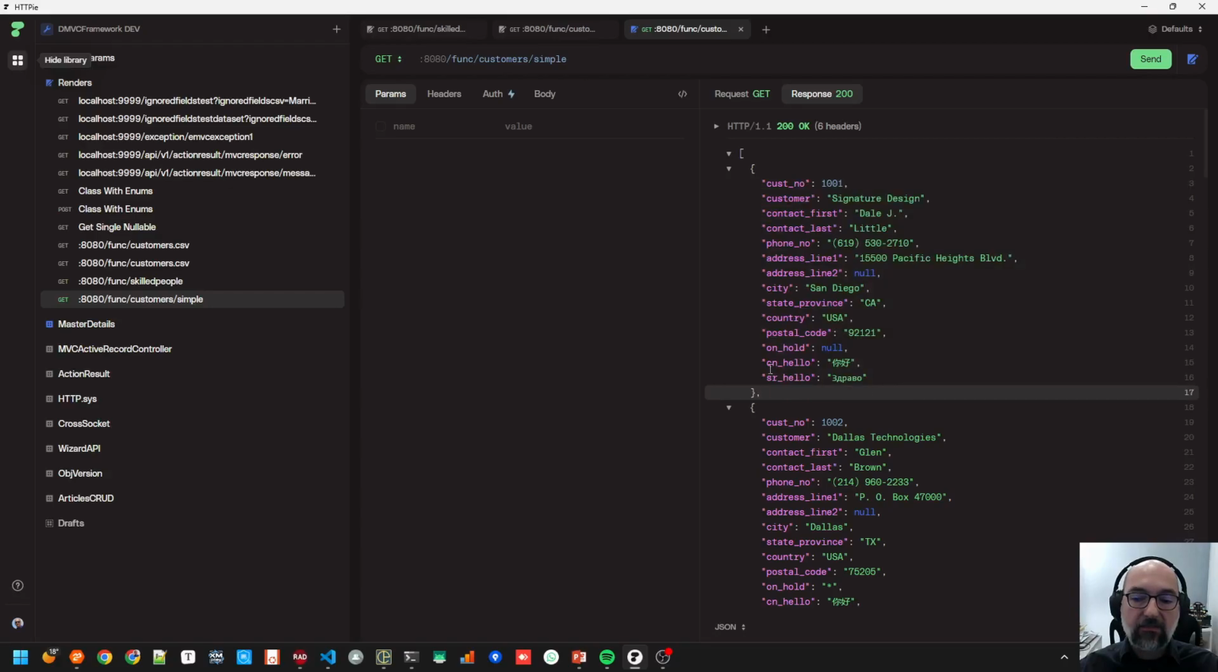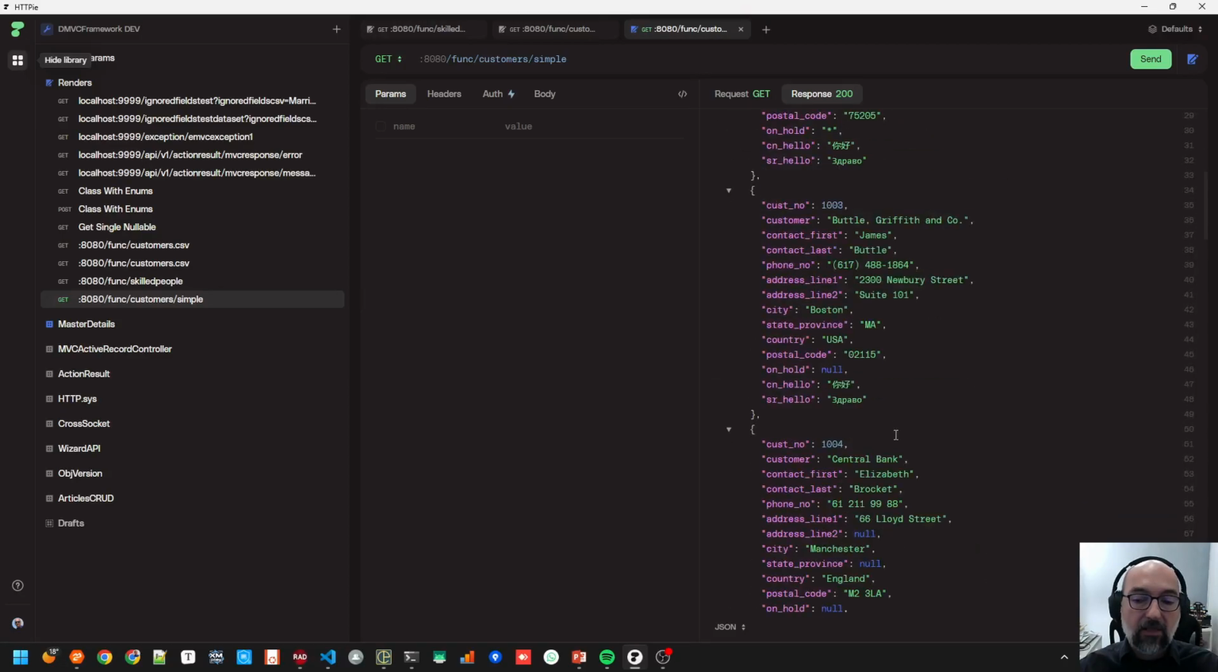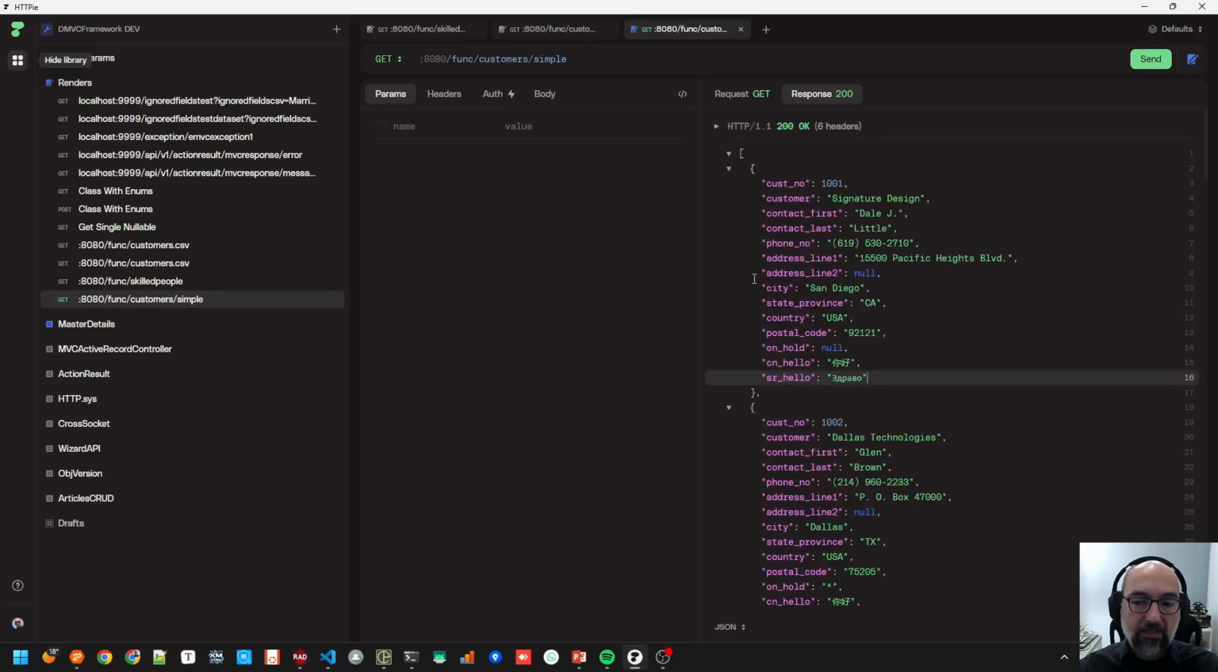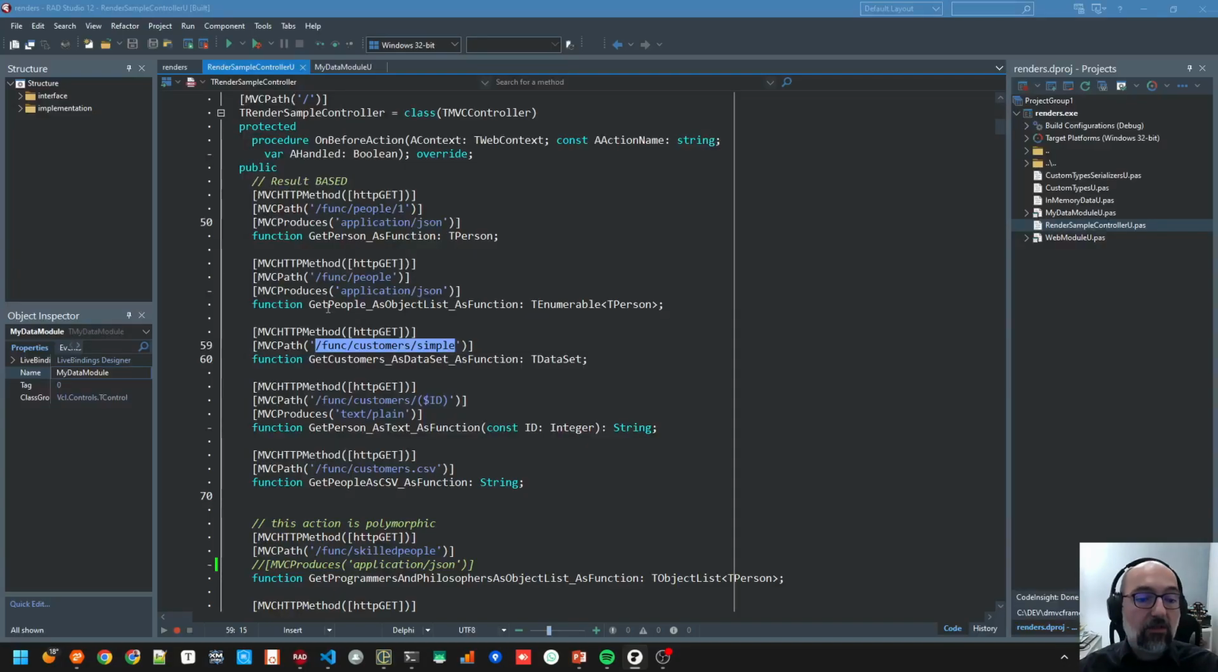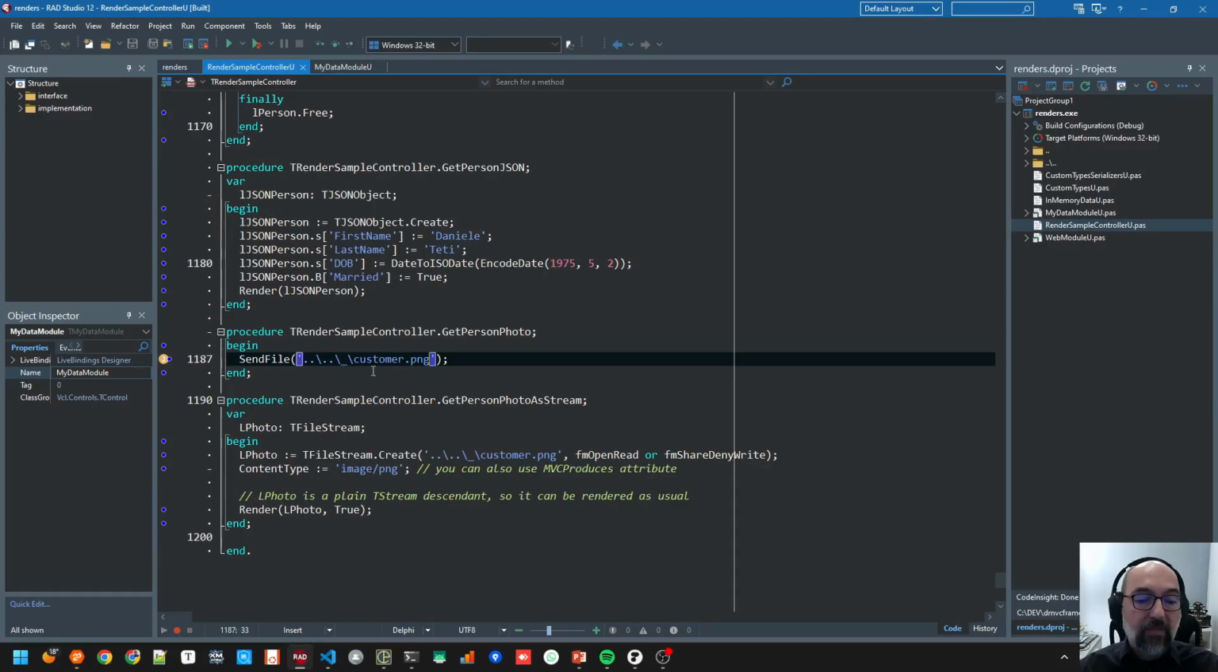As you can see, there is also complete support for Unicode. This is Chinese, and this is Serbian. Okay. And in this way, you have your dataset serialized to drive some website, some application, or just to drive a Delphi client. You can also send an actual file, an